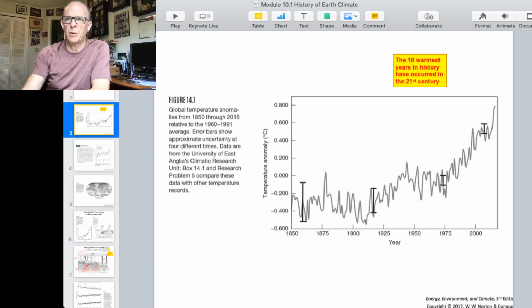We're going to remind ourselves how we measure the temperatures in the past before there were people out all over the planet using thermometers. But we'll start off with just the last 150, 170 years or so with relatively modern temperature measurements. And of course, the accuracy of those measurements has gotten better in the more recent time. And you can see that from the last half of the 19th century, there wasn't a clear increase in temperature. First half of the 20th century, it increased, then it was constant for a couple of decades,